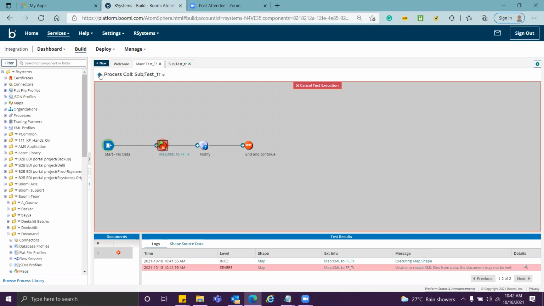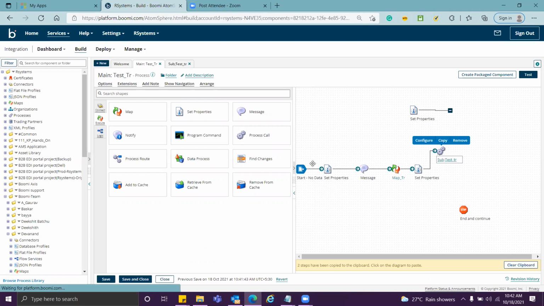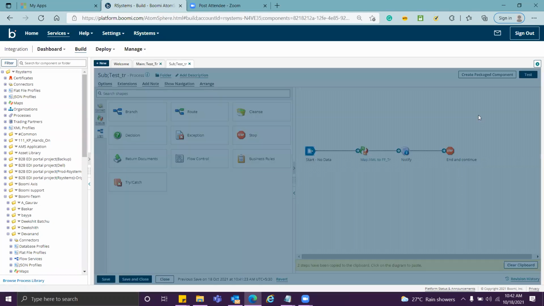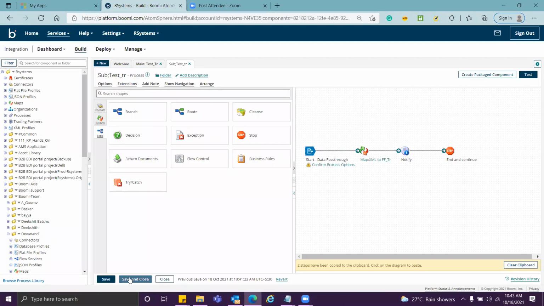All right. So till now, any question? How to use a process call shape, and why to use data pass through? Any questions till now? No, Ankit. Okay.